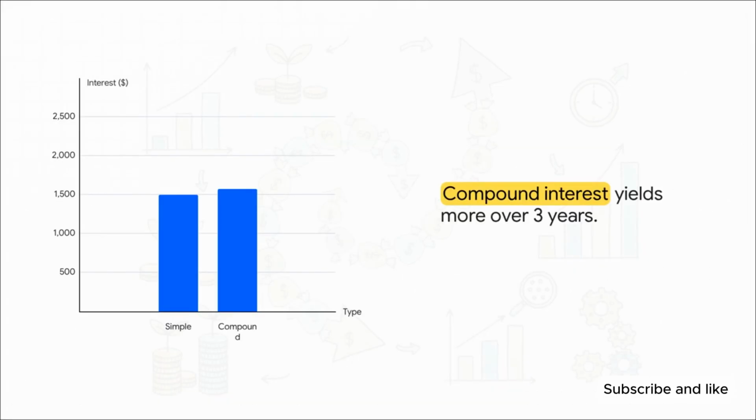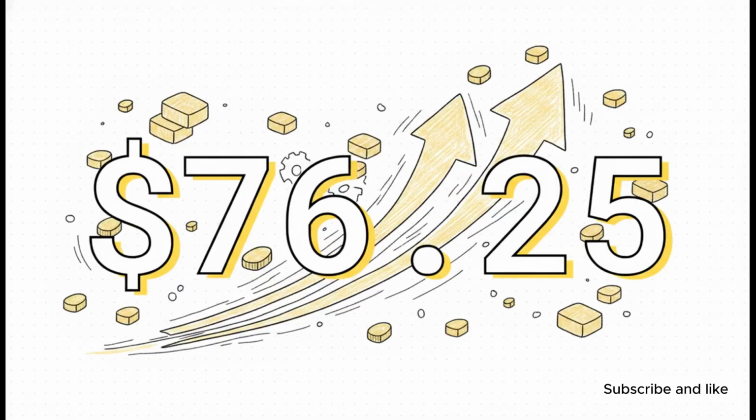And that brings us to the final results of our 3-year head-to-head experiment. Over on the left, our simple interest sits exactly where we left it, at a flat $1,500. But the compound interest total comes in at $1,576.25. Remember, this is the exact same initial deposit, the exact same 5% rate, and the exact same timeline. The mathematical structure of the account alone is what generated that extra wealth. So the crucial point is that extra